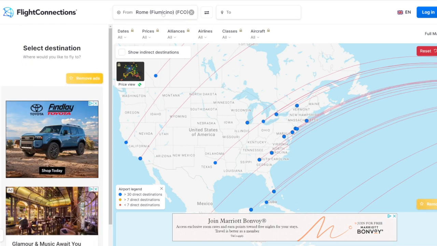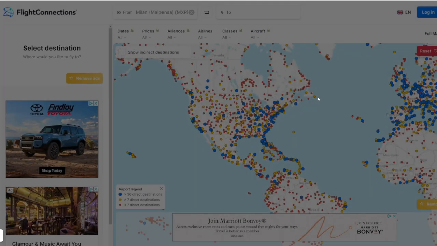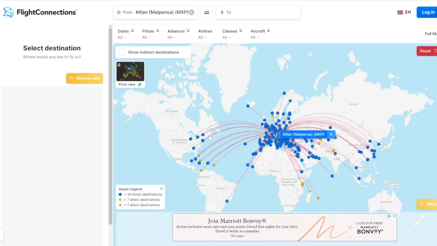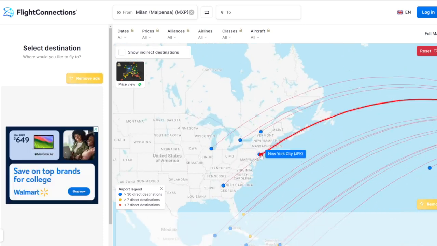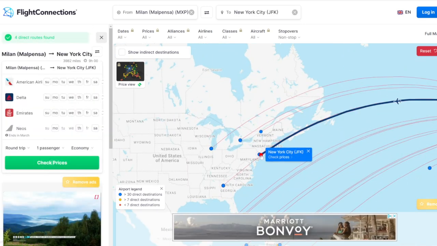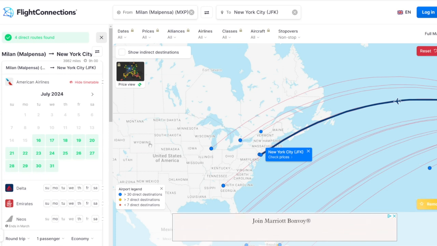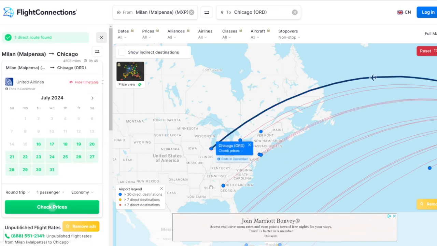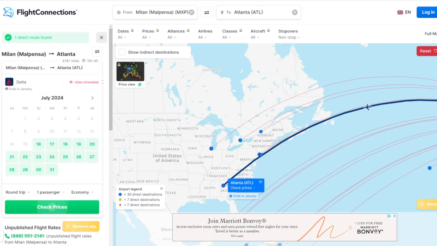So if we wanted to search between MXP and other major US airports, this is going to be more so east of the Mississippi River, but we do see that Emirates operates a flight between JFK and MXP Airport. There's also flights from Chicago over to MXP with United. Atlanta has Delta flights. So I went through and did this exercise for Rome, as well as Milan, and then